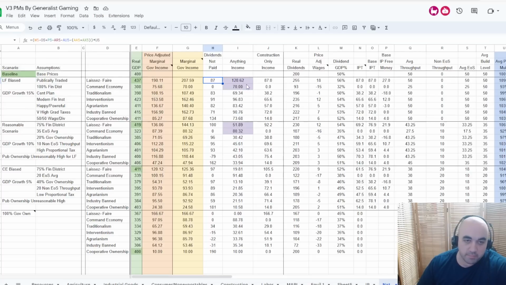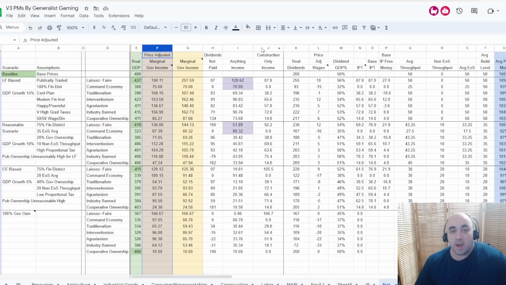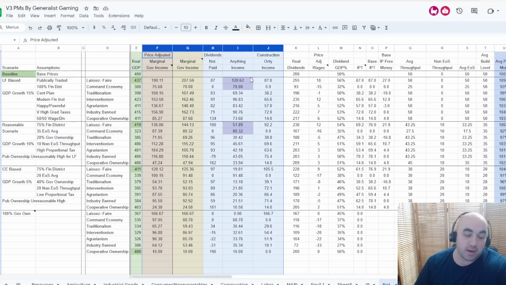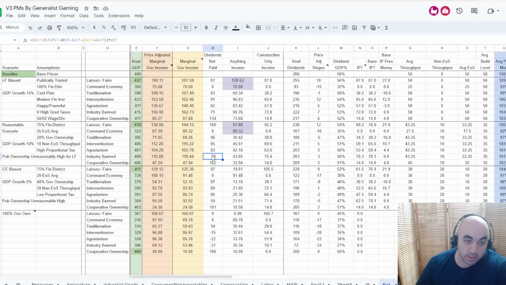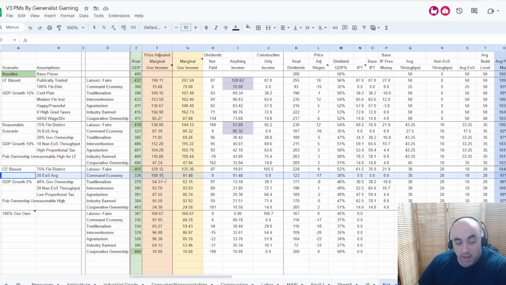And then, okay, so this is where we are with the main figures that we're looking at and what we're caring about. Now, in terms of the overall relationships, you will notice that laissez-faire crushes command economy in every single scenario. There is no scenario where laissez-faire is worse than command economy. Even in the command economy favorable scenario, laissez-faire is still better by quite a big margin. Now, to be fair, in the command economy favorable scenario, you will actually be receiving, or sorry, this figure here